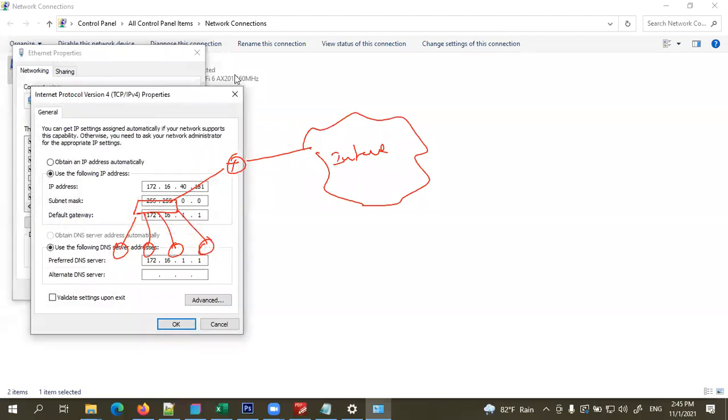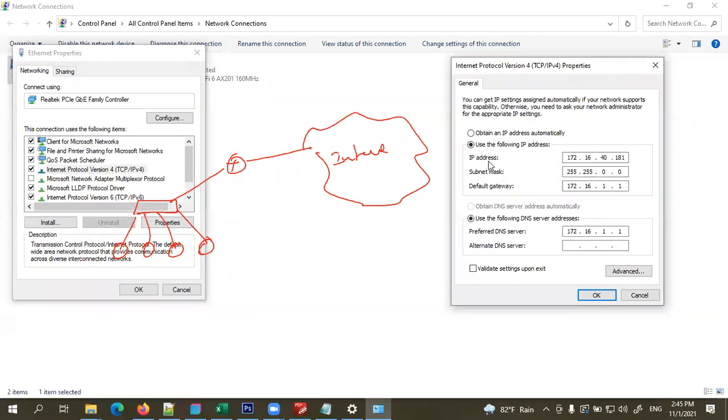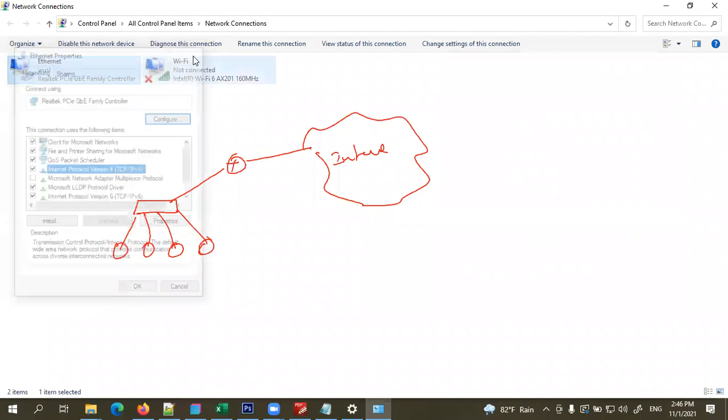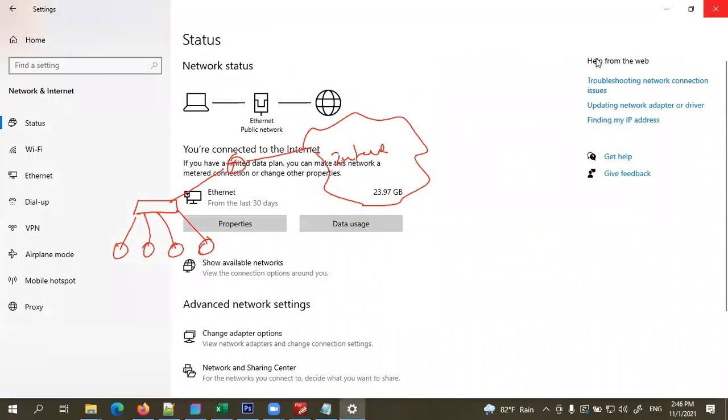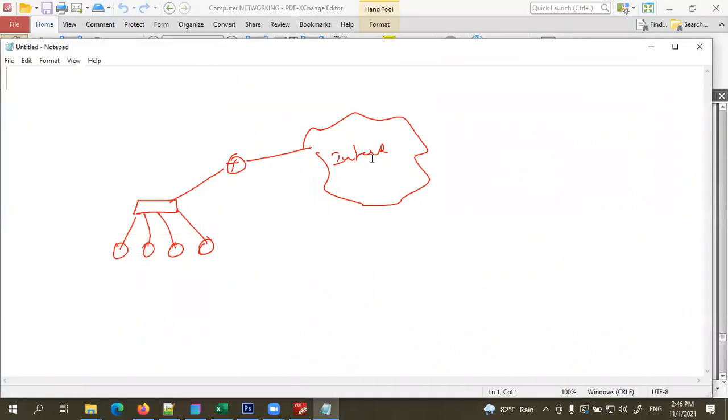See children, here I have to assign an IP address, subnet mask, gateway, and a DNS. These 4 IP configurations must be provided to a computer, otherwise we can't access the internet. So there are 2 methods that we can use to apply these IP configurations to a computer.